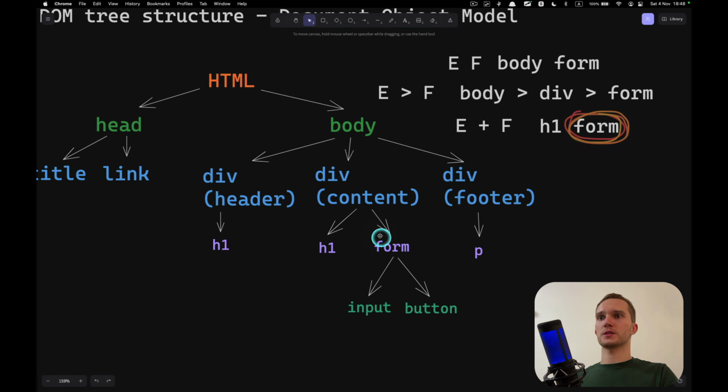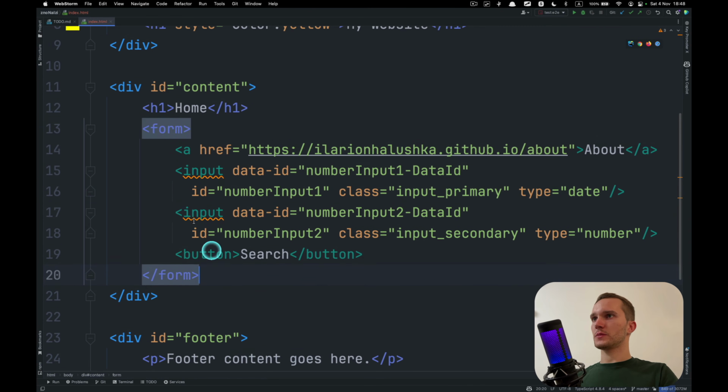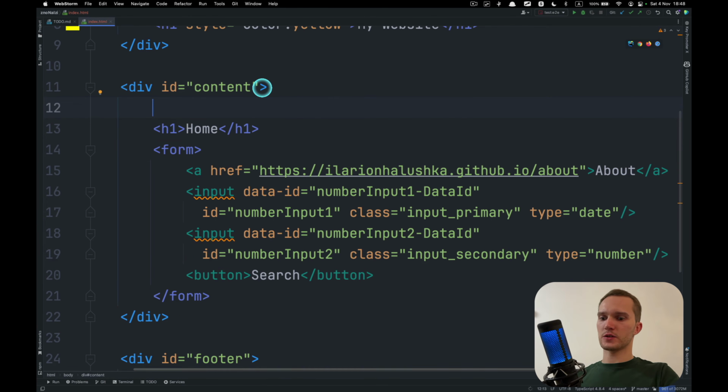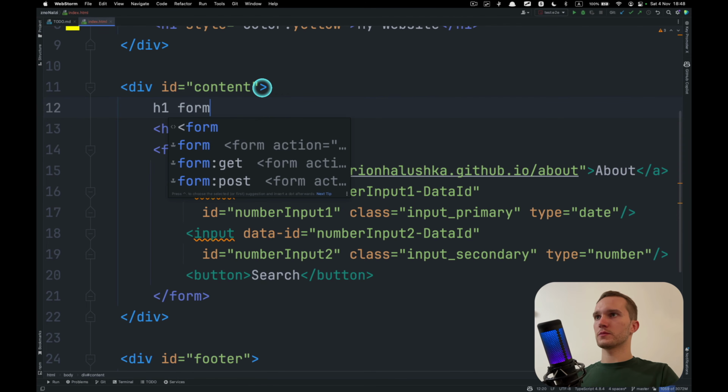The closest sibling under H1 is form, so it will locate this form. Let me show you in HTML. So we have this element, and the selector was H1 + form.